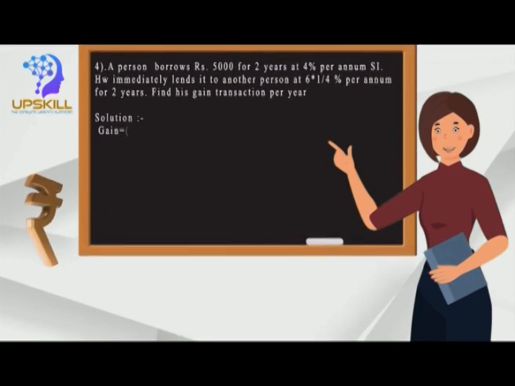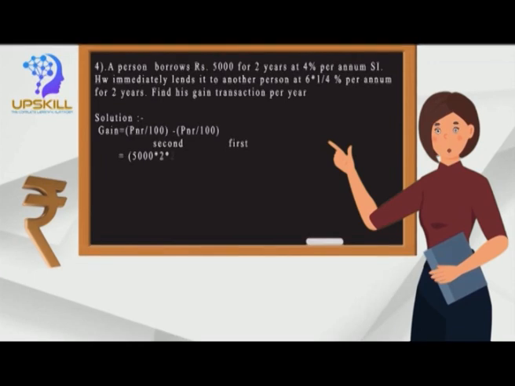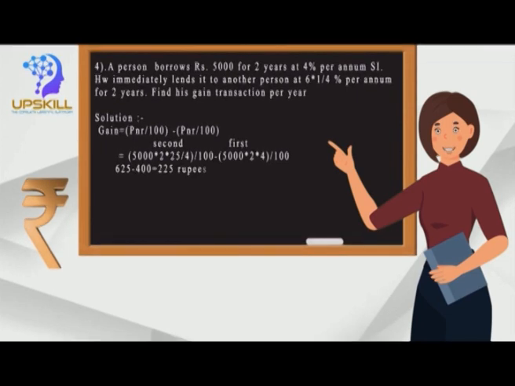So this is the gain for 2 years. In order to find the gain in the transaction per year, just divide it by 2. So 225 divided by 2 is equal to 112.5 rupees. So the gain in the transaction per year is 112.5 rupees. The major mistake that a lot of people make is that they just find the value of 225 and stop at that, and it will be an answer in the options too. So read the question carefully. Here they are asking for the per year gain.